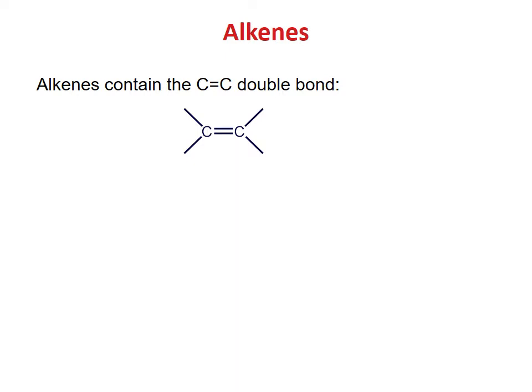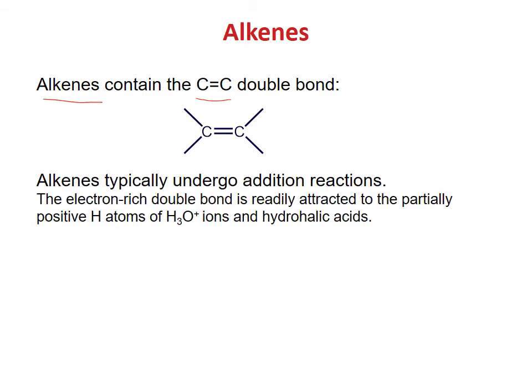Hydrocarbons containing carbon-carbon double bonds are called alkenes. Alkenes are unsaturated, so they typically undergo addition reactions, as we showed before. The double bond has four electrons, so it's electron rich. And if you have an acid such as hydrochloric acid, it has a proton, it has a chloride ion. So the proton reacts with